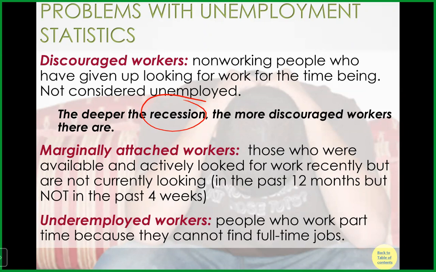It's just marginally attached. The third one is probably more common or more relevant. It's called the underemployed worker. Essentially, those who prefer to work full-time, but they only get part-time, or maybe 2 part-time or 3 part-time. And this is particularly